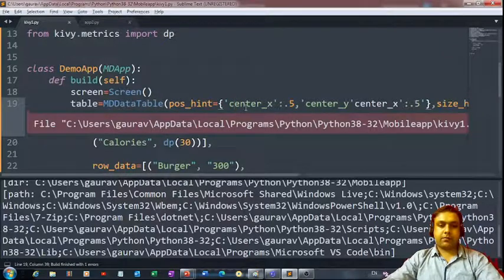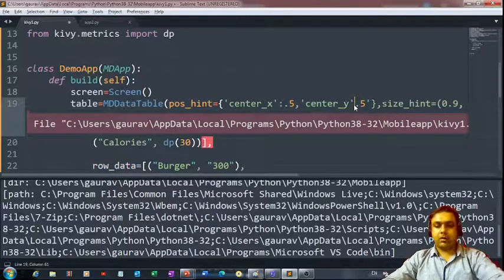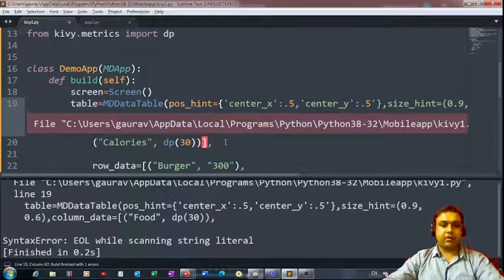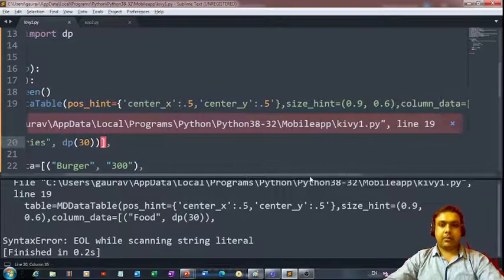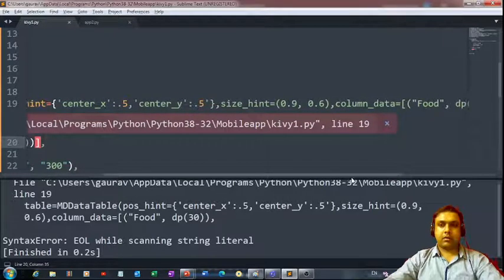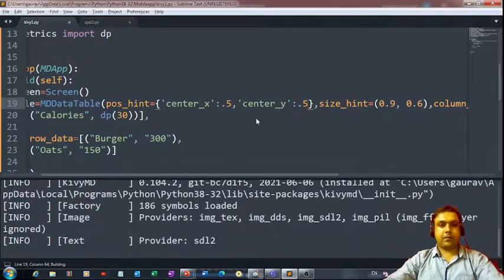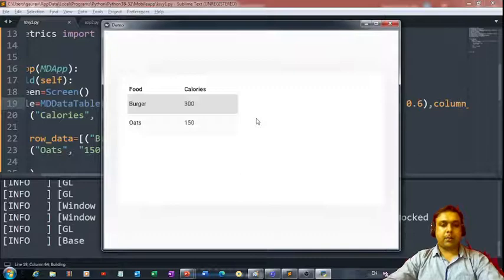Center X is equal to this, 0.5, center Y. Okay, I'll have to remove this whole thing. I pasted the line twice, I think that's the reason. Okay, still I am getting some errors. It should not be there. Okay, I think now it is running perfectly fine.